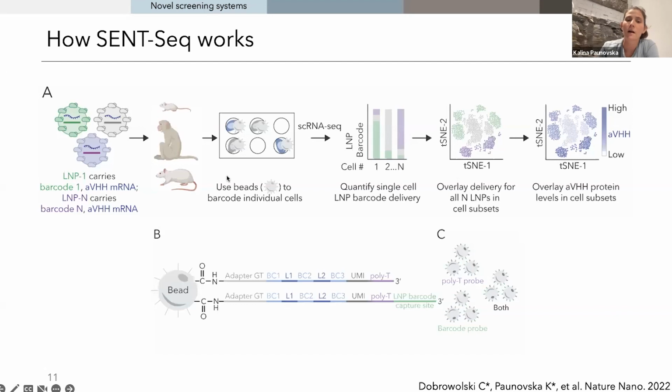Once we load the cells, we load these special magnetic beads onto the device such that you get about 1 bead per well. And so each well has a cell and a bead. And these beads are special because they have a poly-A binding site and they have an LNP barcode capture site. So once you've put your beads and your cells on your device, you then lyse these cells, and all of the mRNA, all of the barcode that is in each of those cells spills out and can bind to the particular adapter on these beads. We then do single cell library prep, and we can read out